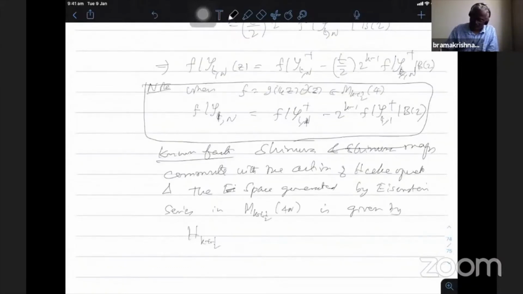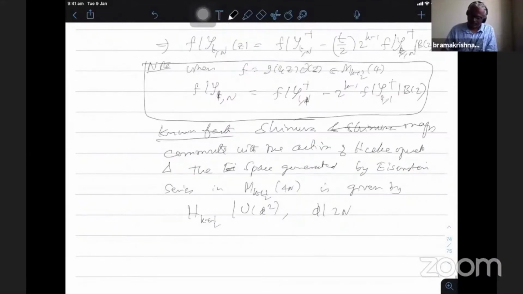Then I apply the U operator where d divides 2n. If I take all of them, they are really independent, and it is exactly the codimension in the particular space. Therefore, the whole space of Eisenstein series is written in terms of the Cohen Eisenstein series. Therefore, if I know the image of this H_k^+, Shimura–Kohnen proved that under the S_t map, this H_k^+ is mapped to E_2k.